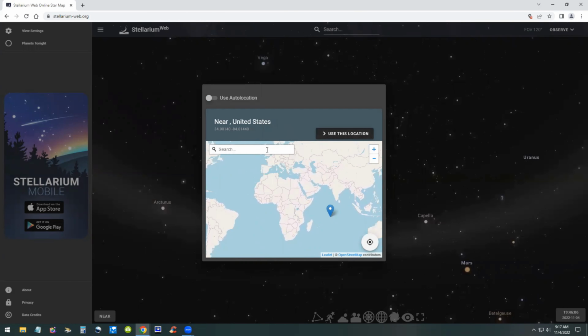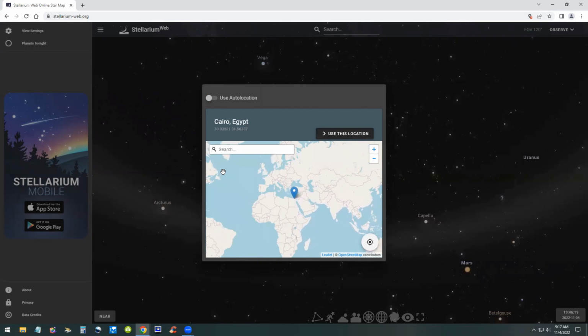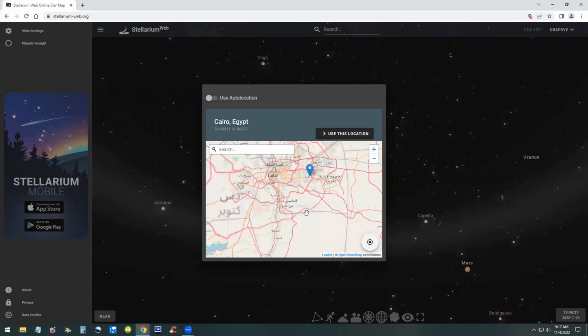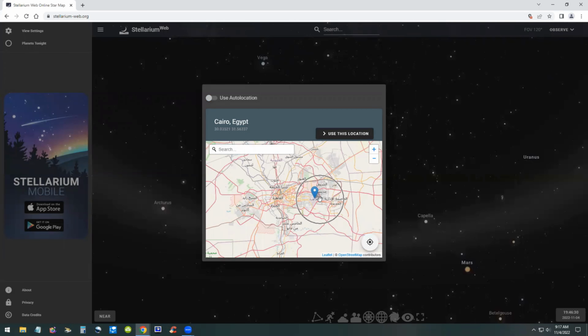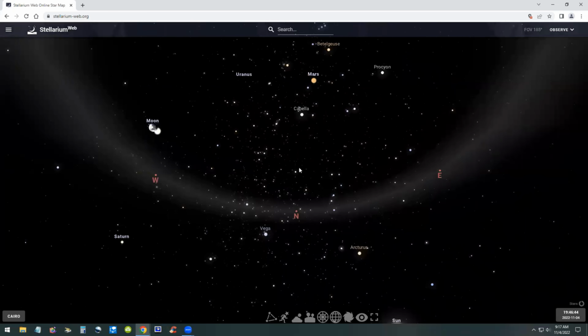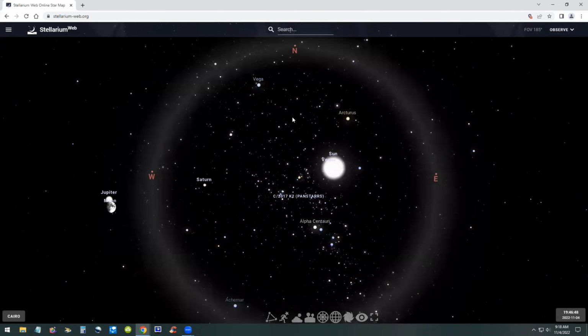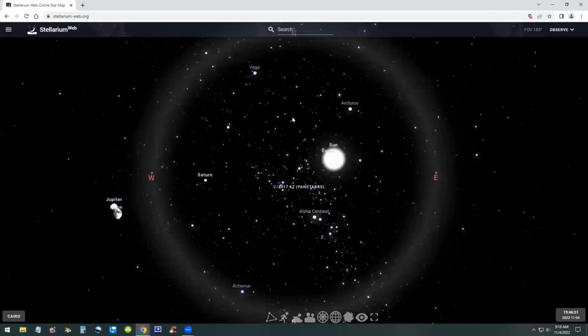stellarium-web.org. And then we'll search for a location such as any city in the world, such as Cairo, Egypt, for example. So let's see if we can find some Starlink satellites over Cairo. By the way, SpaceX is putting up thousands and thousands of these satellites to provide a global internet service. If you don't know, I was surprised to find them on the web, and this is tracking them in real time. So this is pretty good.